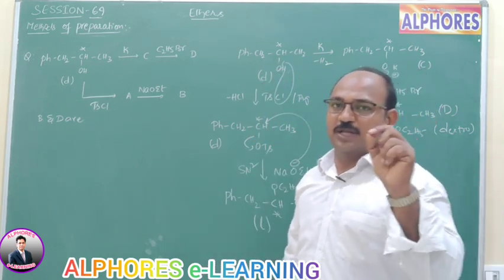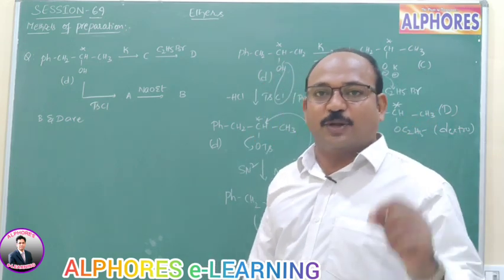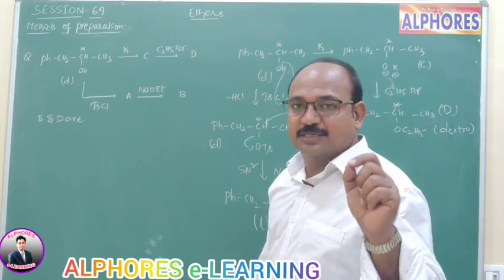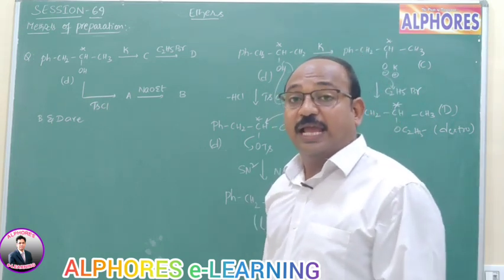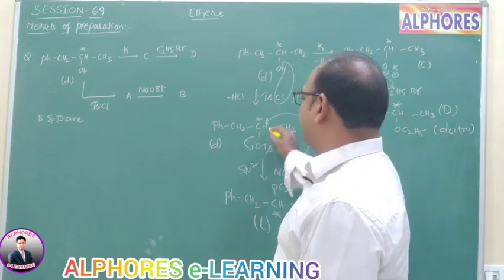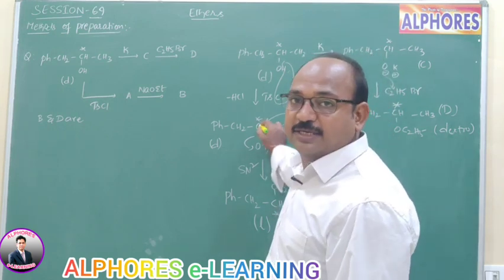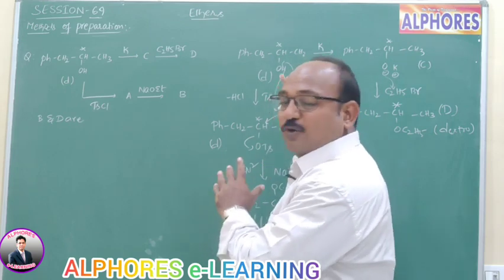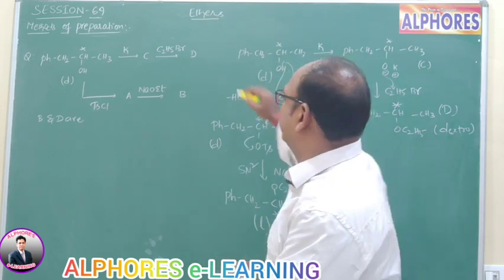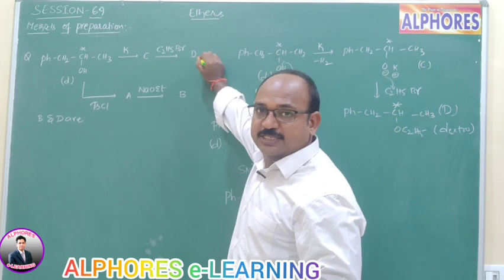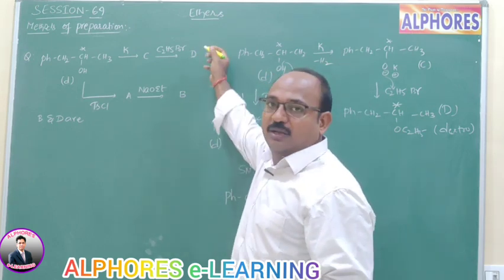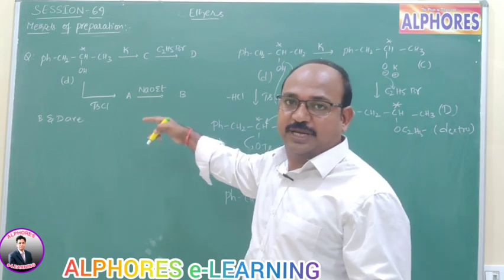But if you observe a little more, there is one more possibility. That is anchimeric assistance. What is that? Here the reaction is not completed; actually the question was given only until here. So compound D is dextro and compound B is levo. Now B and D are obviously enantiomers, right?